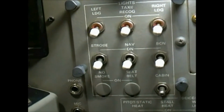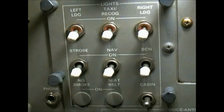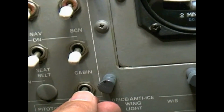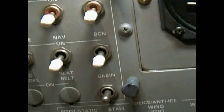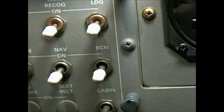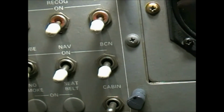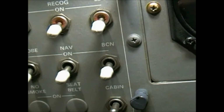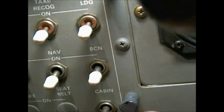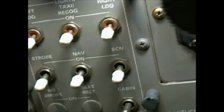Okay, to the right side of the left hand vent is going to be your switches to control your lights. You're going to want to check them next. Down here where it says cabin, in the up position, it activates a 30-minute timer. Your cabin lights are going to light up. Check to make sure that none of them are burned out. And it's a 3-way switch. In other words, there's also one more switch back in the cargo door on the inside from either end. And then to turn it off, you just push it down or wait till the timer runs out of 30